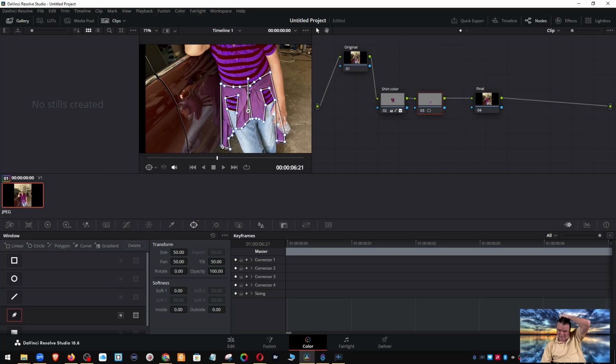I don't like the fact I see her hand in there. And if I invert this, now why is that not inverting that when I show that? I'm on that node. Okay, interesting. It should be,